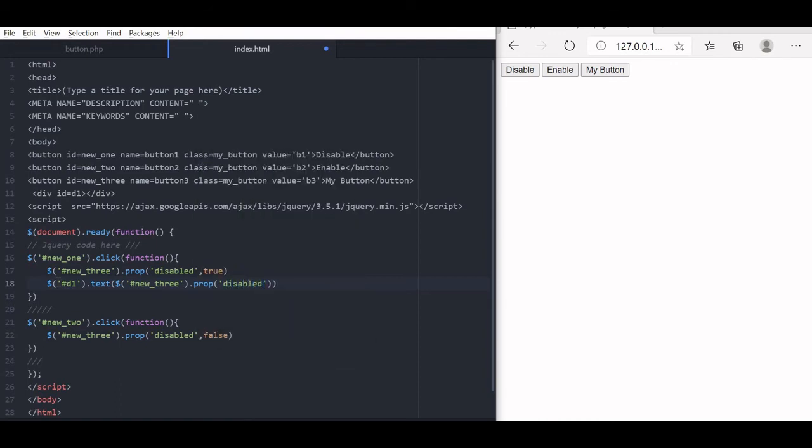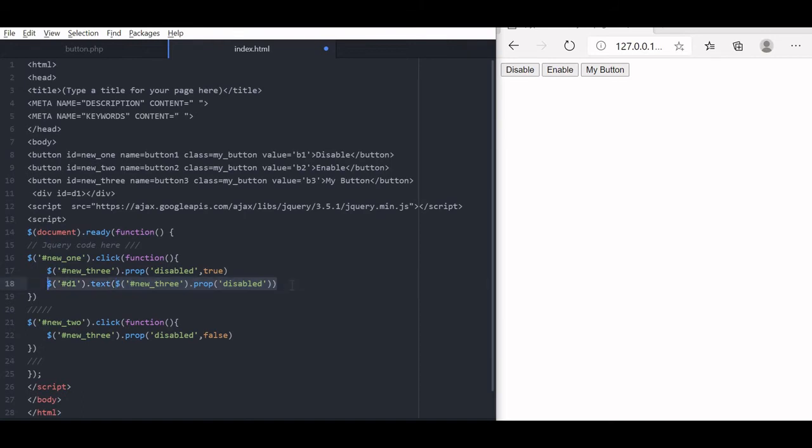So, this property value, whatever is the status of disabled of the third button, I am displaying in this ID. Here my status will come. This I am displaying inside this. Up to this is the status. It is going inside the div tag.